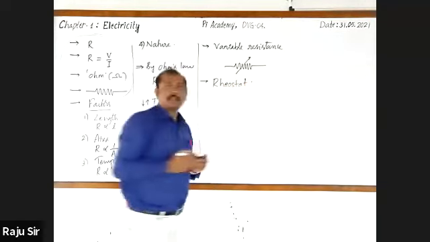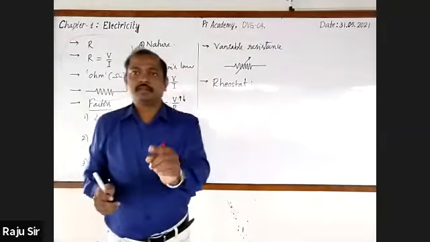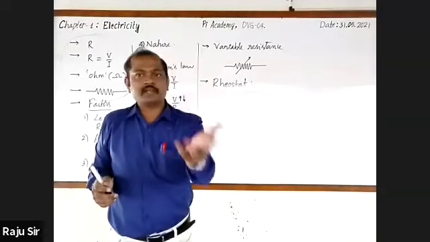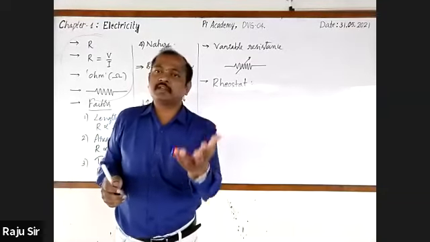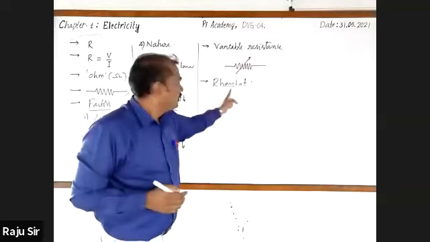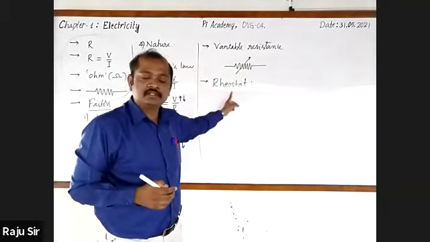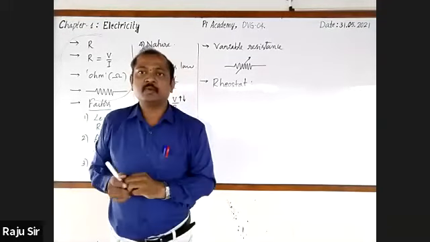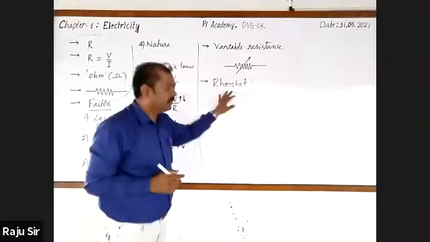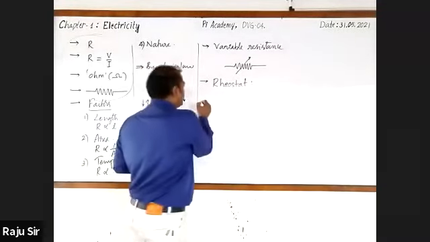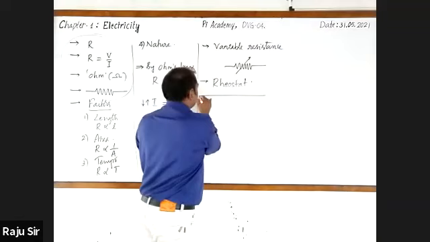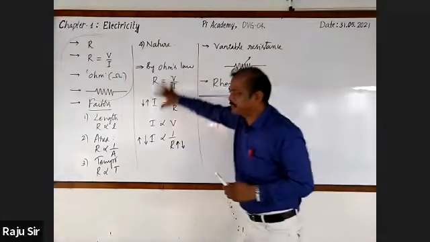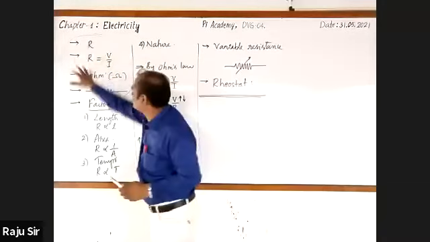Rheostat. Rheostat is a device which changes the electric resistance. If electric resistance changes, automatically current changes. It changes the electric resistance without changing the voltage. Remember this. Okay. Now, dear students, I have given you this much information by using this electric